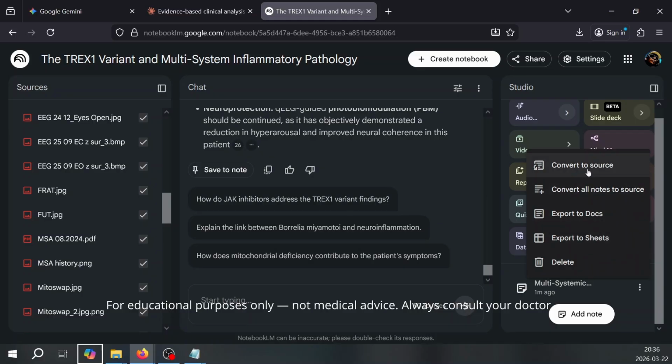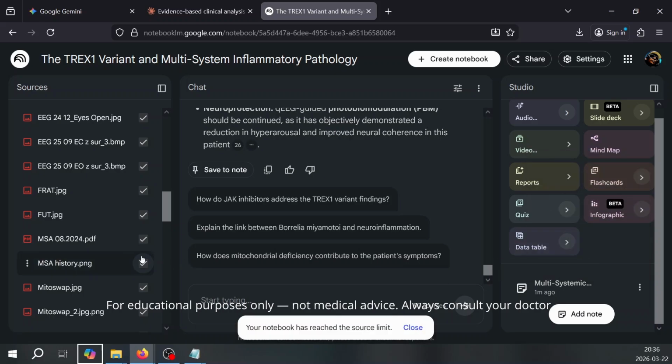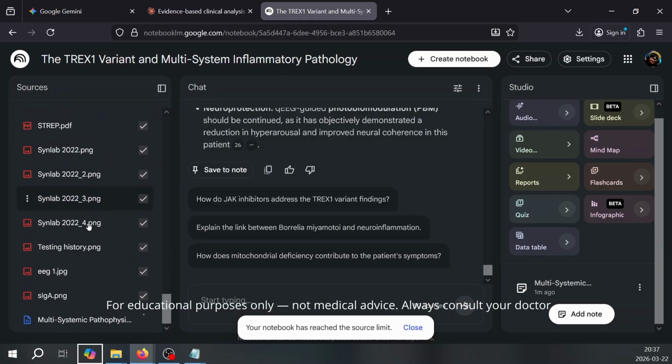So I might have a difficulty because I've already got 50 sources. Let me try to do it. No, it's telling me that I can't, so I probably will have to remove a couple of my previous sources to add this back, or I will have to upgrade my subscription, which is free for now. So I'm going to remove this one because I don't think it brings any value. It's just something which is repeating. So I'm going to remove this source,